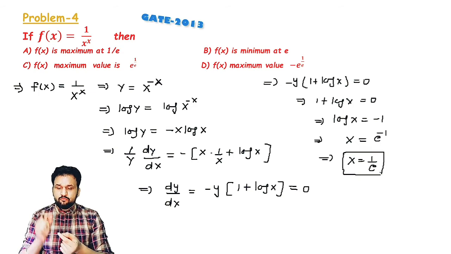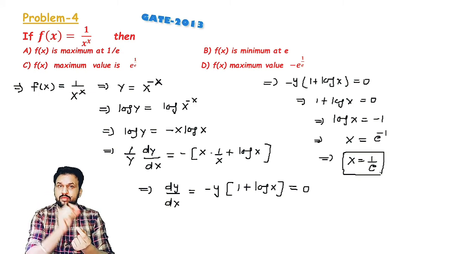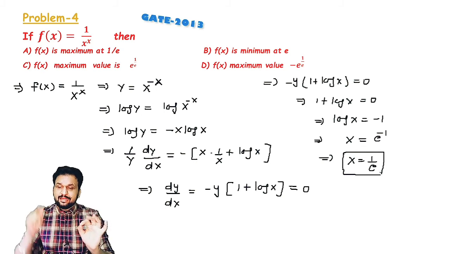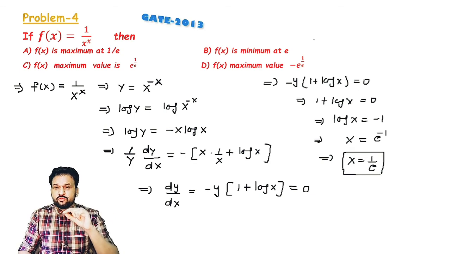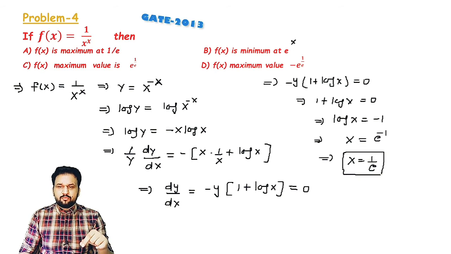It means whatever point will give you a maximum or minimum value, there is only 1 point. At this point the function will give you a maximum or minimum, whatever. Okay, so first of all you need to check whether there is any option with 1 by e. It's just f of x is minimum at e, though there is no such option. So f of x is maximum at 1 by e. This could be possible because in the C or D option he gives you a maximum or minimum value. Maybe these answers are also correct. Clear? Okay, x is equal to 1 by e. This is the point of maxima or minima.